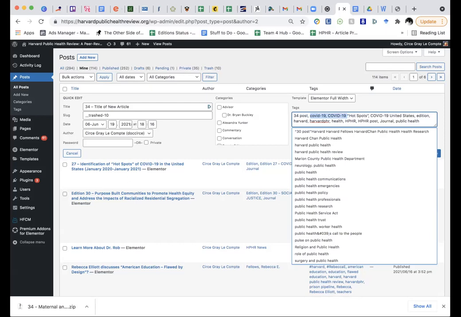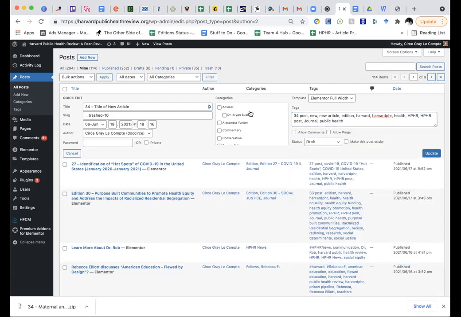The other thing is you want to fix the tags. The other article we're going to be writing over was about COVID hotspots, and you'll see all these different tags associated with COVID-19 in the US and hotspots. We want to get rid of those. And then this is a new article, so we have different tags. We're going to keep the Harvard PHR, health, public health, all of those types of tags associated with it right here. And there'll probably be a lot more. It's just that this is a fake article.